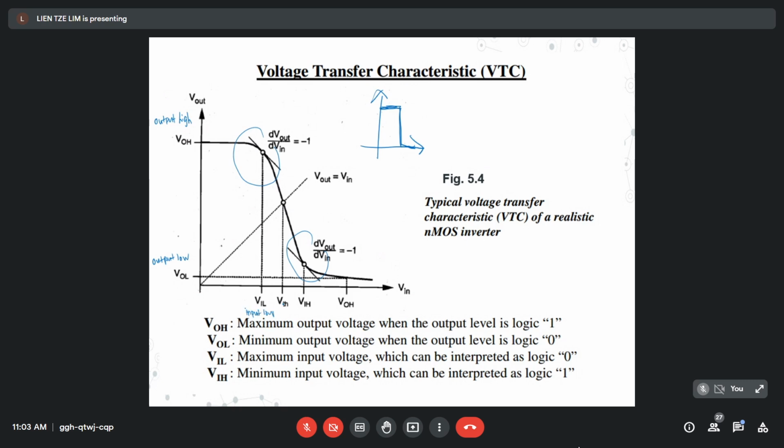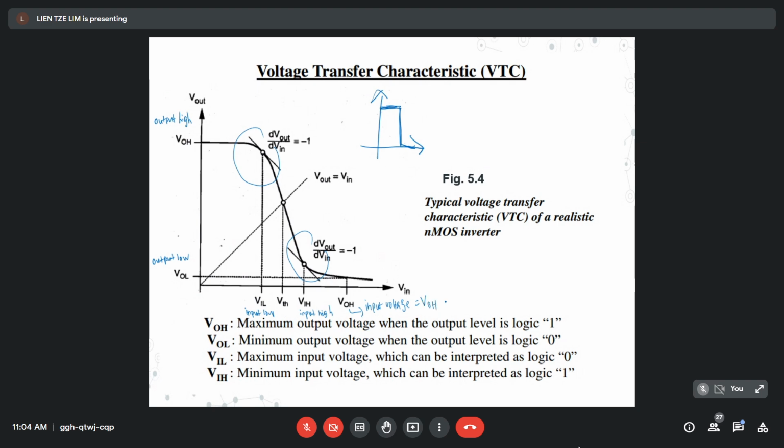And then this one is the threshold voltage. This is the input high voltage. When I say input high, input low, it refers to the voltages. And then this is a voltage level. This is also an input voltage, but it is equivalent to the